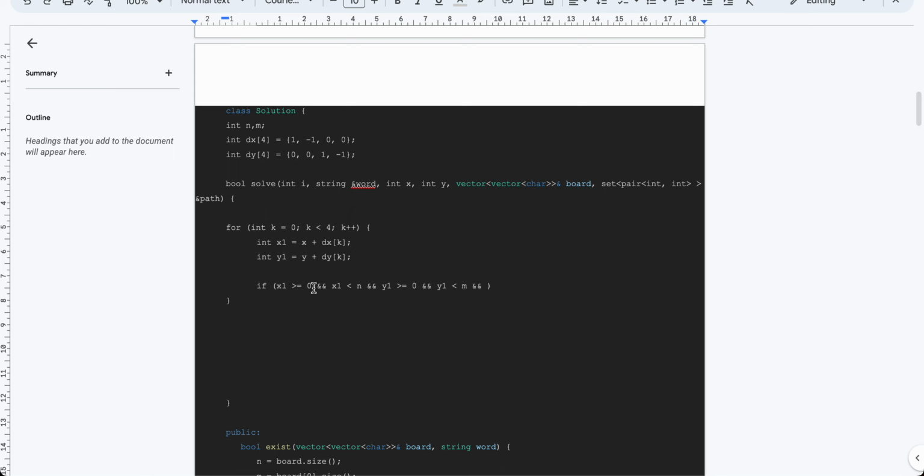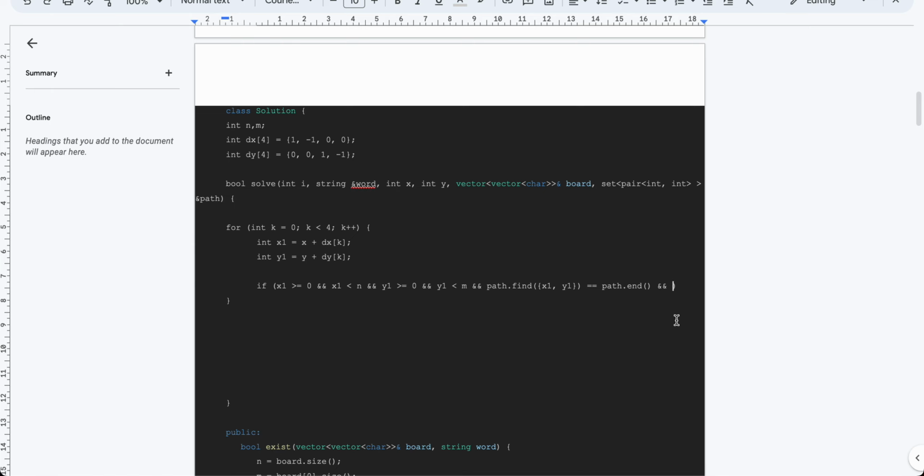And if this is possible, as well as this is not inside the path, that is, path dot find of x1 y1 is equal to path dot end, that means it is not visited, it is not in the current path, and